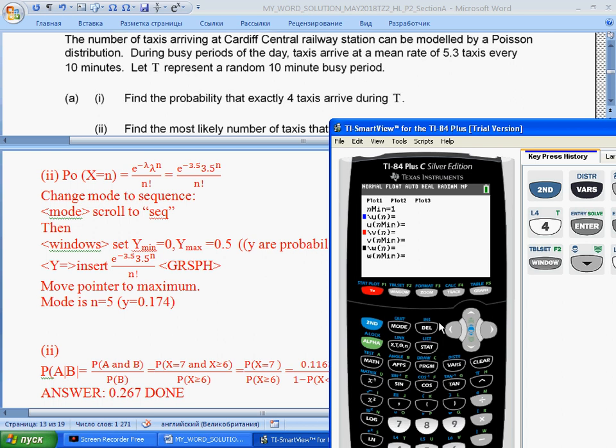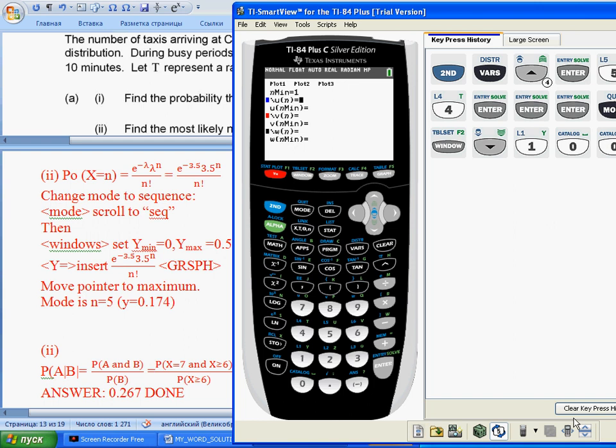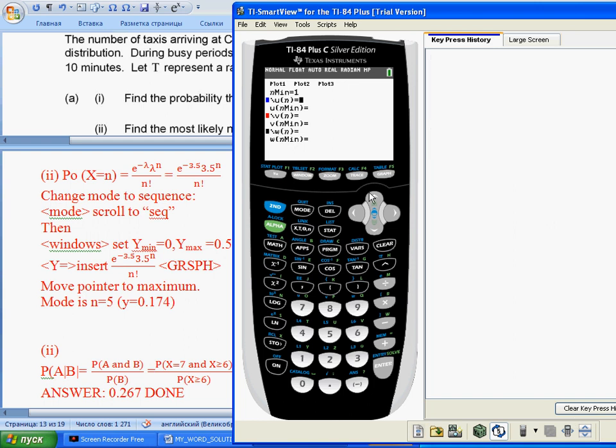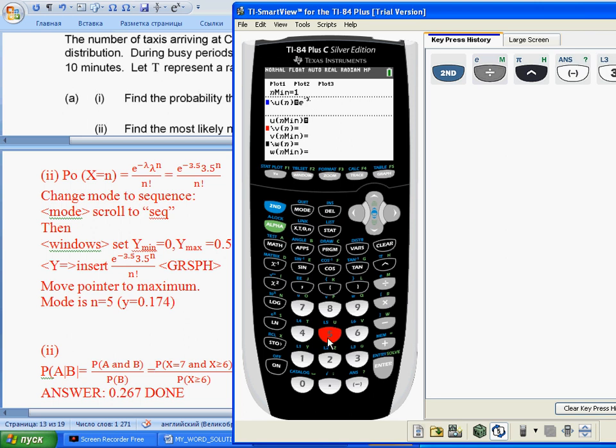Let's clear this history. So it is exponent raised to minus 3.5, minus we take from here, move to the right,